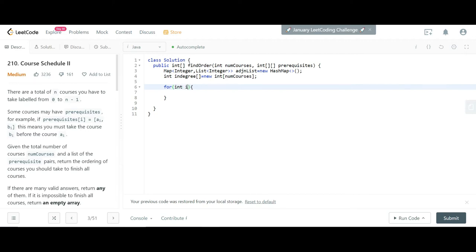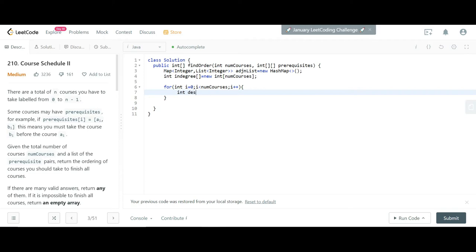So we will define one for loop starting from i, running until the number of courses, i plus plus. First we have to define which is the source and which is the destination, meaning who has a dependency on whom.